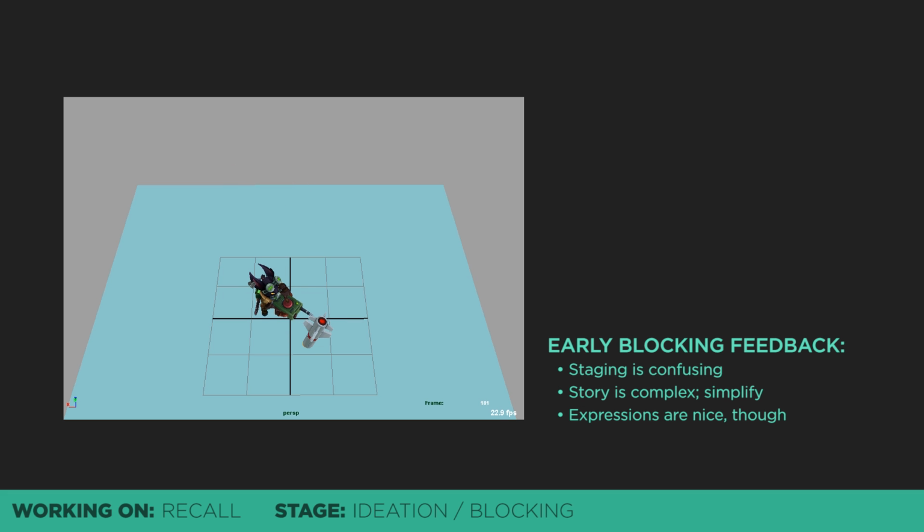There were a couple main points of feedback that I got. The first one being that staging is not clear. People had questions like, where does the missile come from? What is he doing with the missile? Why is the missile even stuck on the ground? I failed to set up the shot in a way that was intuitive, and this made it very difficult to